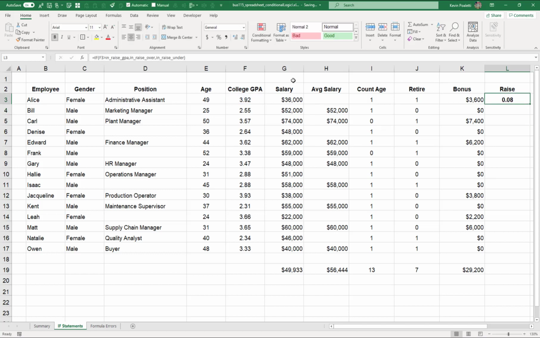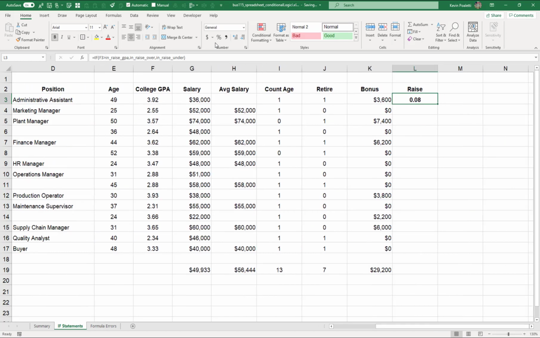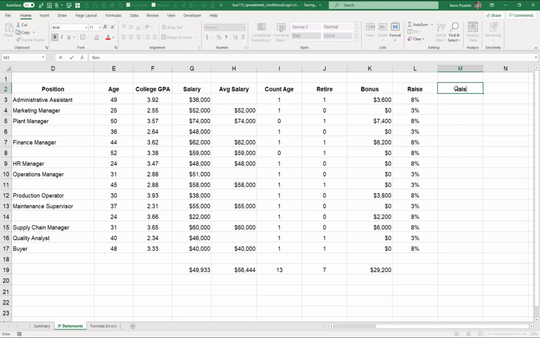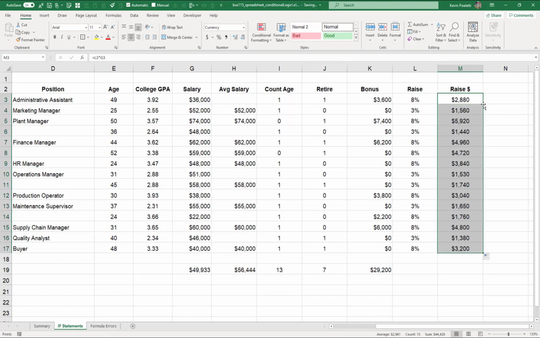So as this comes through, this GPA is greater than that 3.0 cutoff. Therefore, they get an 8% raise. As I format this as a percent, remove the bold, and then drag it down, you'll see that these values follow. But what if I want to understand the raise dollars? I could do this by taking this percentage times the current salary, and that would be the amount of dollars received in a raise. Another way that I could do this, though,